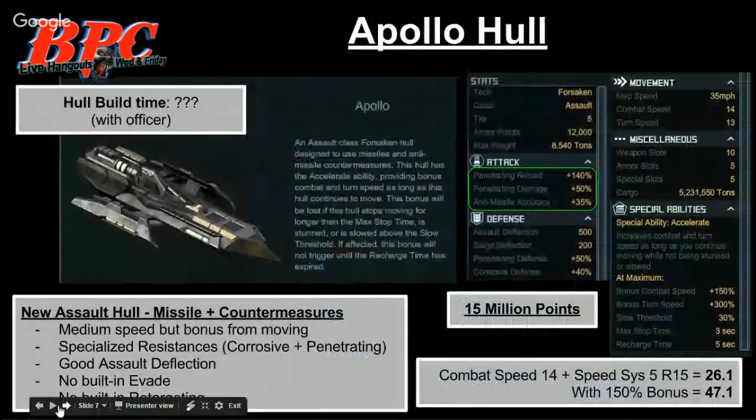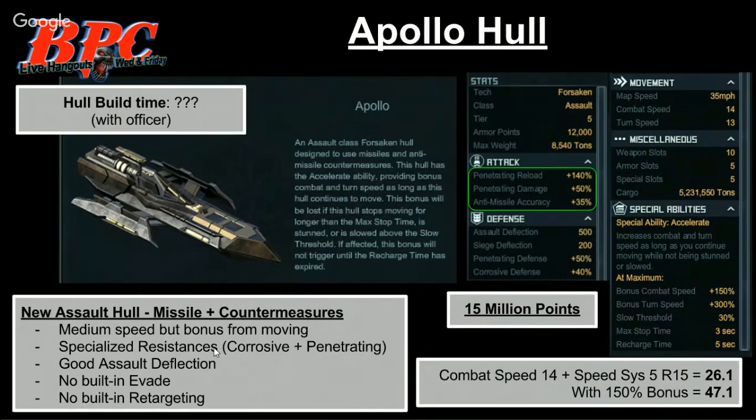So the Apollo hull, the new hull, hull build time with an officer. Not sure on it. It's not been officially released, but in preview, it was 2 days and 6 hours. I'm about to take a quick look at my shipyard to see what it is. Yeah, it's 4 days and 11 hours now, and that's with an officer. Oh, they've doubled it then. Yeah, they doubled the build time. We're not trying to make you coin, though. No, it's not. So yeah, the Apollo assault class vessel,